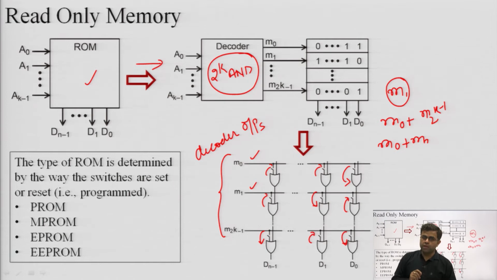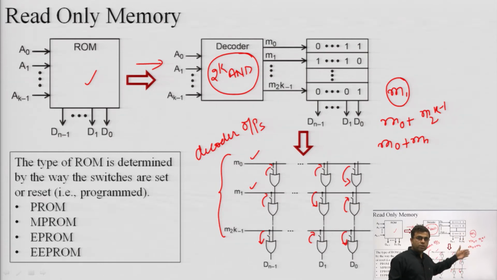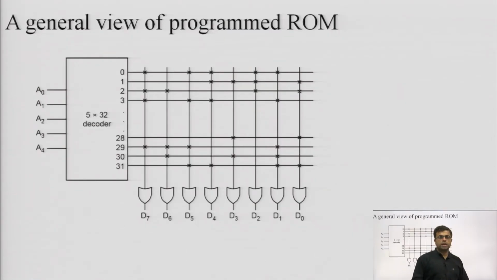So if we say what are the basic programmable characteristics of ROM, we can say that ROM has a fixed AND array and programmable OR array. That means for the inputs entering the AND array, we cannot control the functionality of the AND gates because they are fixed inside the decoder, but we can control the decoder outputs which are fed to the OR gates. That means programmability is only in the OR array. Okay. So this is the basic concept of ROM. Now we can use this concept to design any kind of circuit.